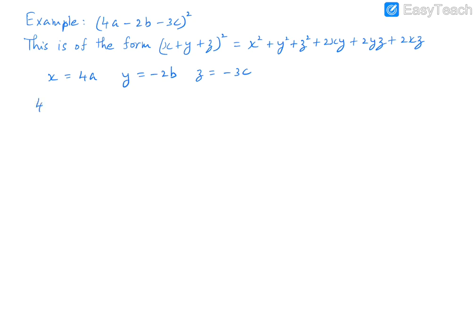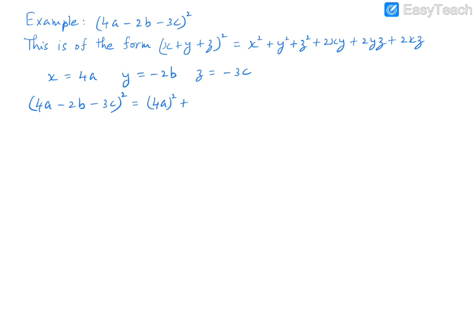So we can write our (4a − 2b − 3c) the whole square. I'm just going to use this expression here, x squared. In place of x we have 4a, so it's (4a) squared. We should remember to put the bracket. If you just write 4a squared, then you will forget to square the 4, and you will go wrong with your calculation. So x is 4a, so it's 4a the whole square,